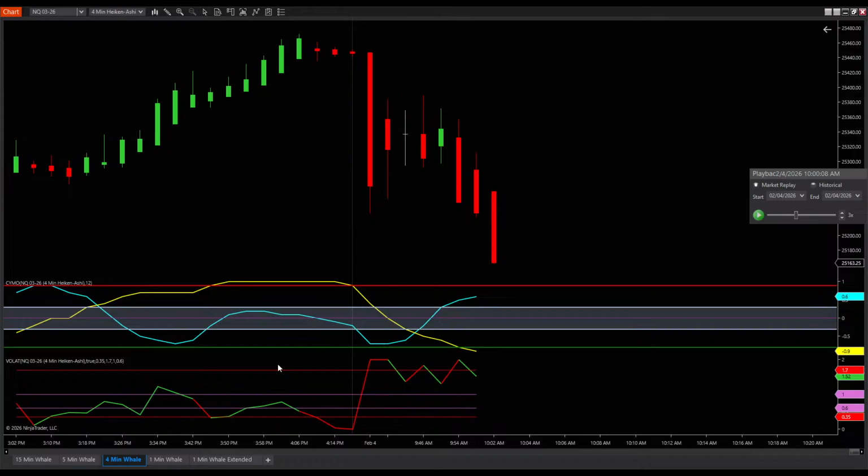Silent Noise says, would a lower SIMO setting on the 15, like 12, show the crossing sooner, or would it be a weaker move? It would be a weaker move because if you set it to 12, now you're setting SIMO to only track the cyclic component of the price and not the momentum component of the swing. So, you're looking for a high energy crossing on the 15-minute time frame.